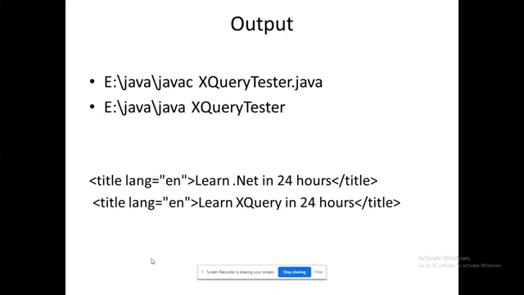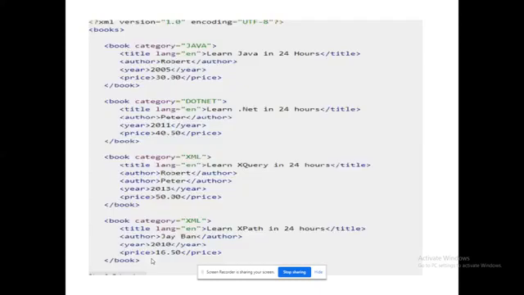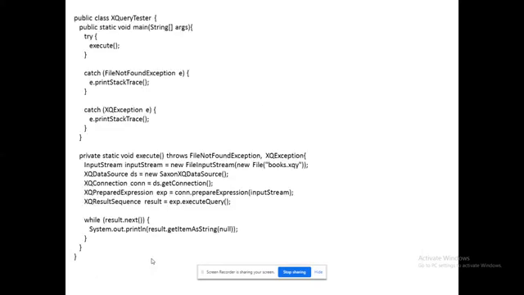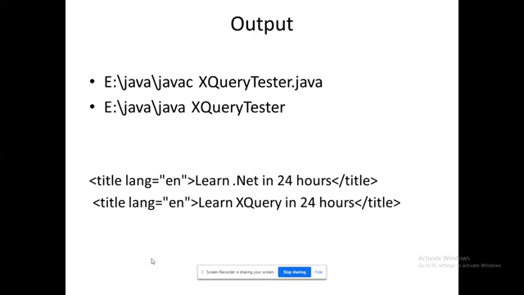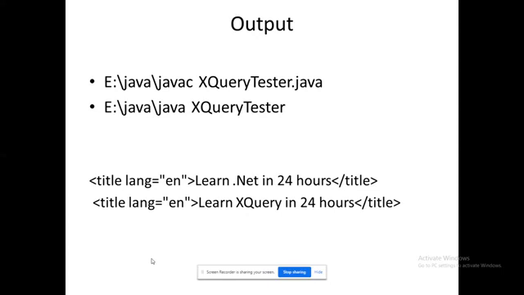Okay, so even if you check that in the program, right? .NET and Xcode. So check this XML file, .NET and Xcode, right? Which are greater than 30 rupees. Greater than 30 rupees. Yes. See, you can check 40.50, Learn .NET in 24 hours, and $50, that's going to be Learn Xcode in 24 hours. So that's what output is being retrieved. Okay, such an interesting thing. So with this Java program only, we are ready to retrieve this.